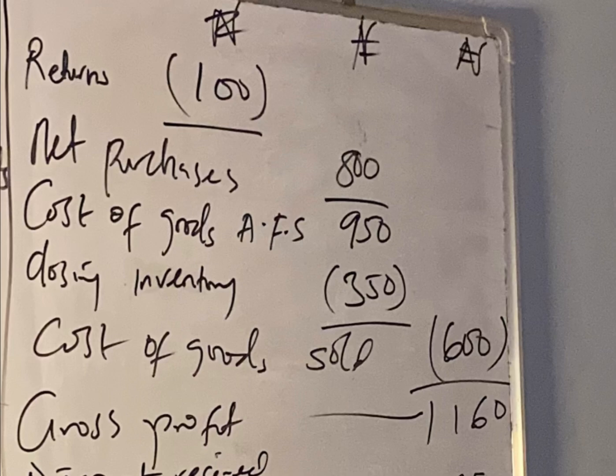All right. Now 800 is coming to meet opening inventory. We are coming to add our net purchases to opening inventory to give us cost of goods available for sale, and then we less closing stock. Our closing inventory is always outside the trial balance, and we are given that we have 350,000. Since we are suspending three zeros, we less 350, and then we get the value of the cost of goods sold, which is 600. Now we're going to less cost of goods sold from our net sales to get gross profit